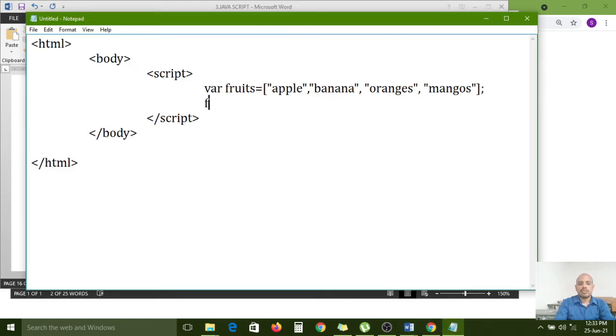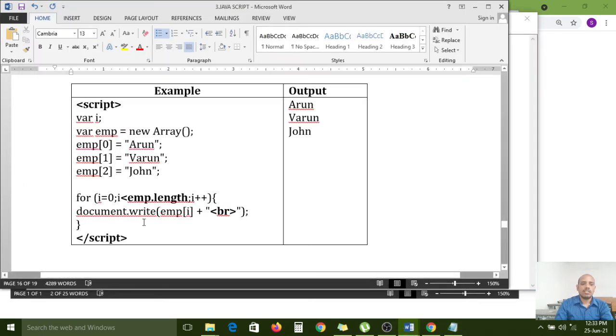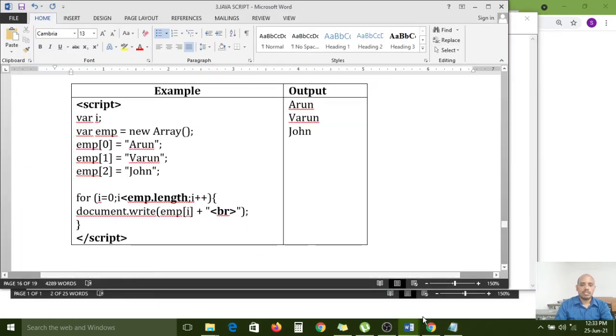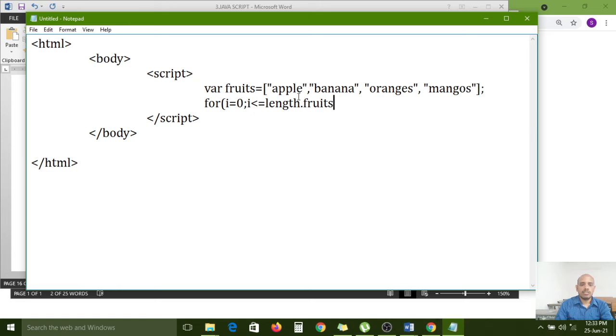For that I want to use a for loop: I equal to 0 semicolon, I less than or equal to, sorry, fruits dot length.